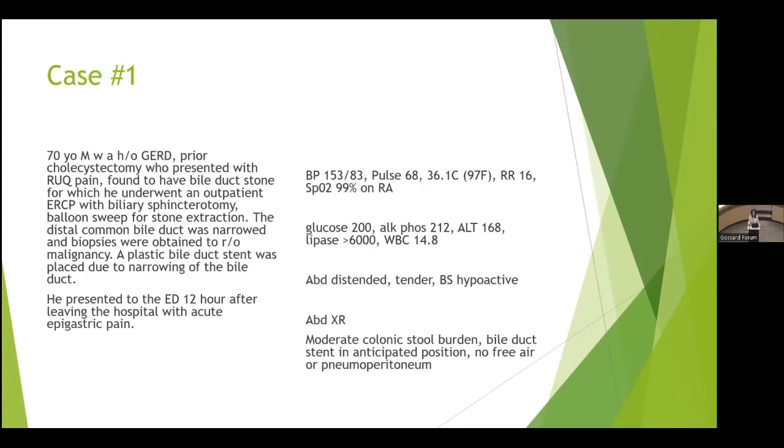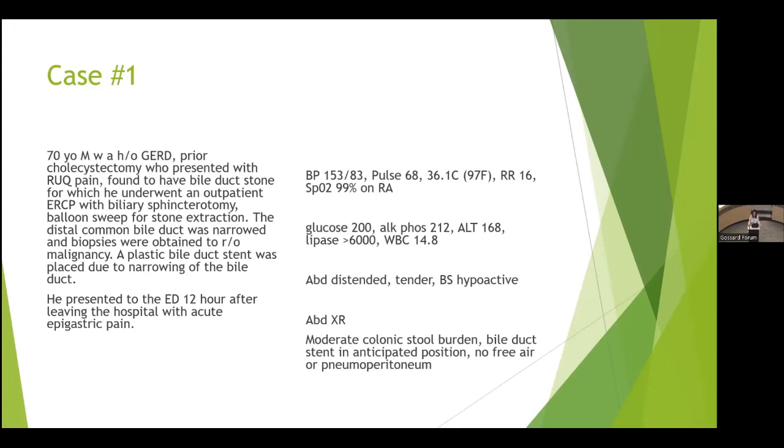Okay, so we're going to go through a couple case studies here. So our first case is a 71-year-old man with a history of GERD, prior cholecystectomy. He presented with right upper quadrant pain in the outpatient setting and was found to have a bile duct stone, for which he underwent an ERCP, also in the outpatient setting. We did a biliary sphincterotomy. We swept the duct with a balloon to remove the stone. The distal common bile duct was noted to be kind of narrowed, concerning for a stricture. So we did take some biopsies of that during the procedure. And then we placed a plastic stent into the bile duct because of that stricture to make sure that the